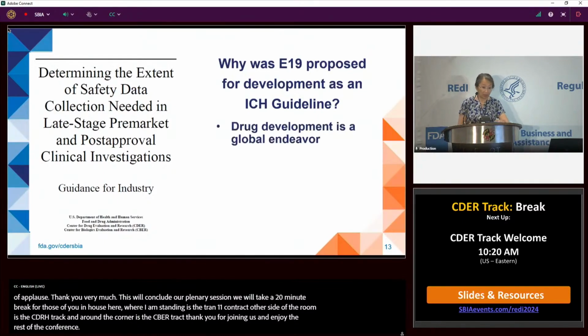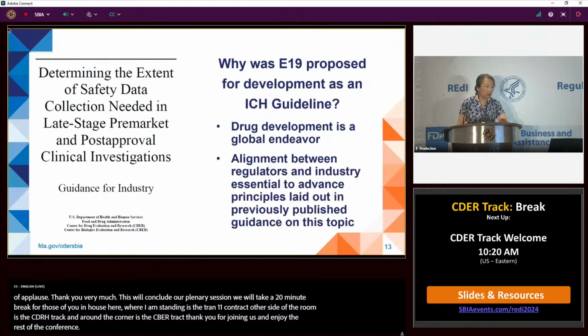It was proposed, for the reason I just referred to, because drug development is a global endeavor. And there really was an important need to have alignment between regulators and industry. It was essential to advance those principles that were laid out in a previously published FDA guidance on this topic. And just to talk a little bit about the ICH process, it started in 2017, and it involved not just